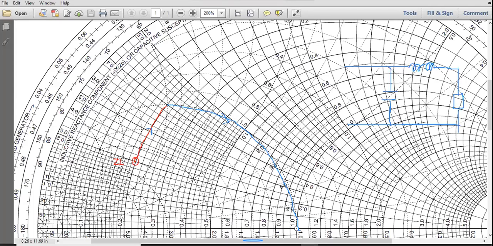If you are able to resolve this issue, whether this value will be 0.5 or 2. Anyone? 2 is for impedance, right? So 2.0 is for impedance and 0.5 is for admittance. 0.5 is for admittance. Okay. Any other?